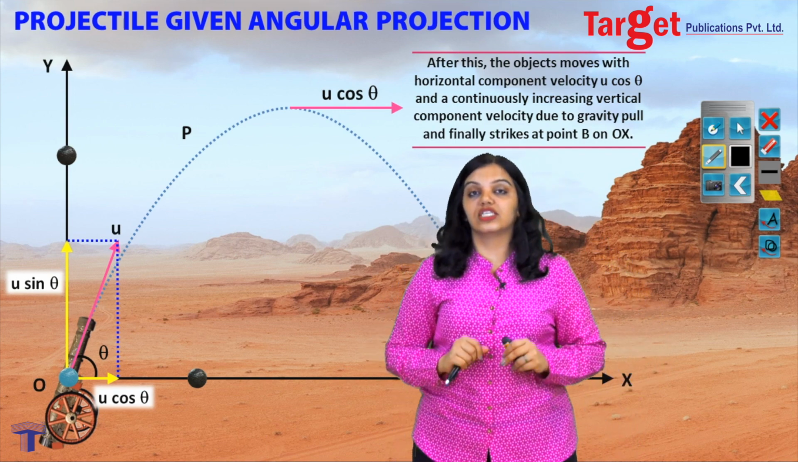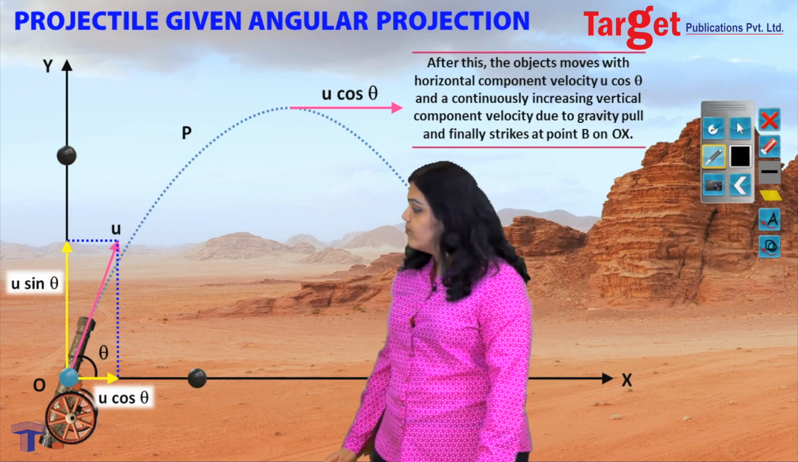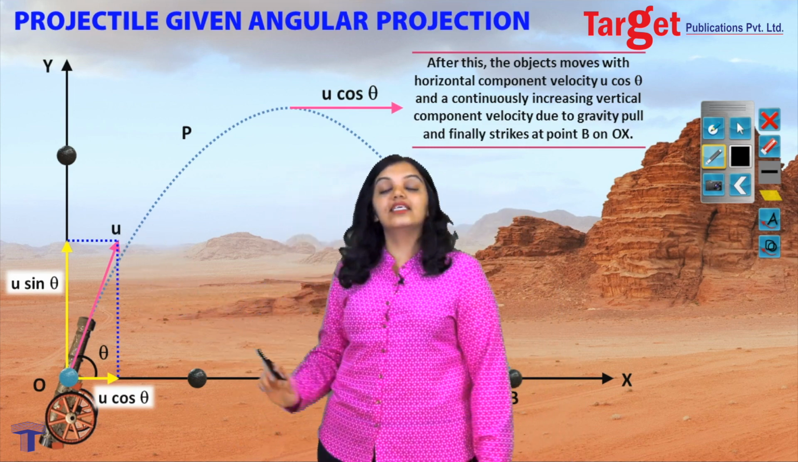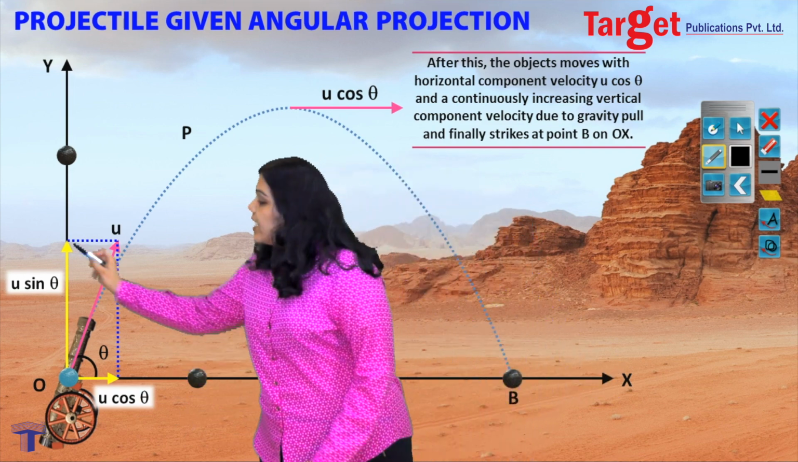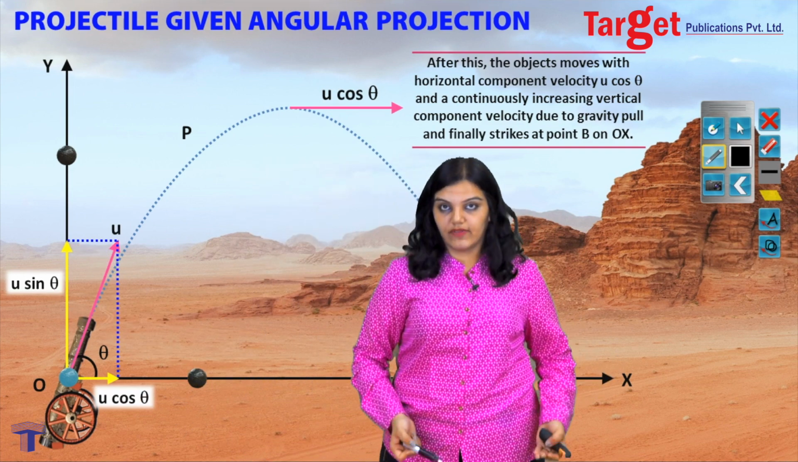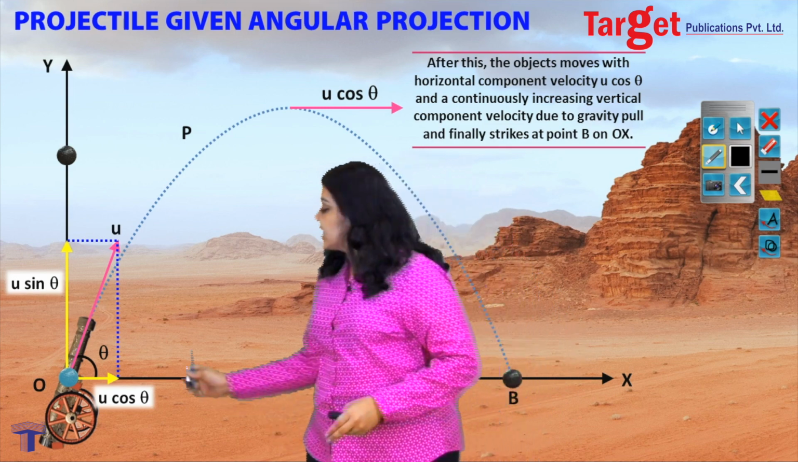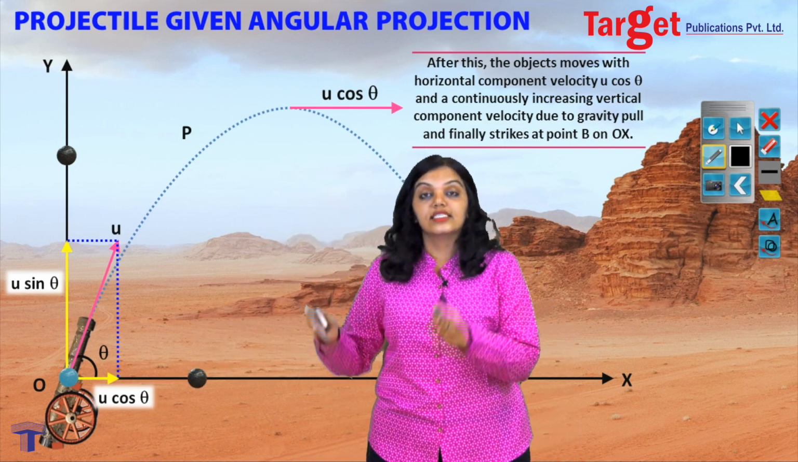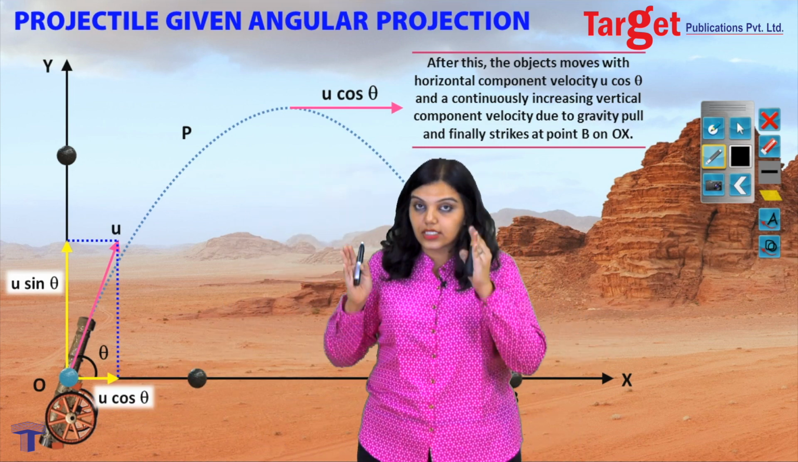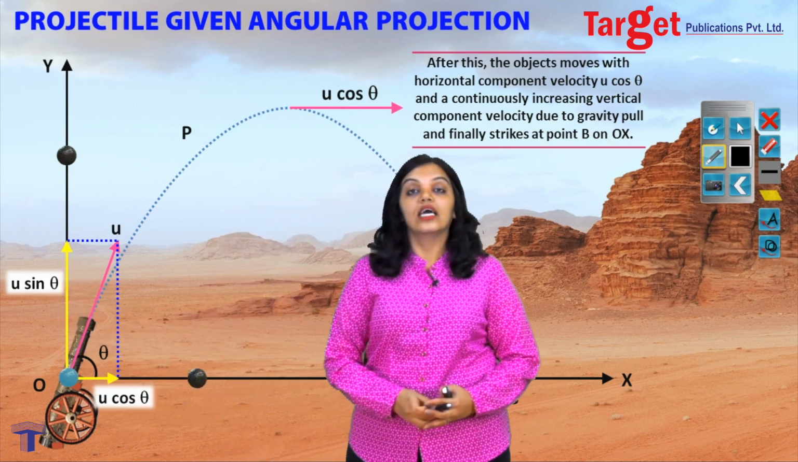The two main conclusions are that initially, if the object is projected with some velocity u, you will break this down into u cos theta, which is the x direction velocity, and u sin theta, which is the y direction velocity. And what you must remember is that the x direction velocity, that is the horizontal velocity u cos theta, does not change throughout the motion, it's constant,